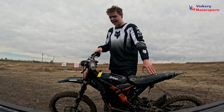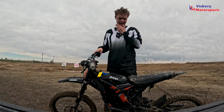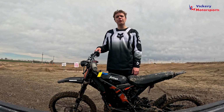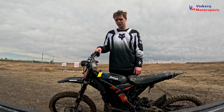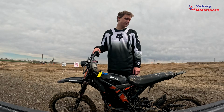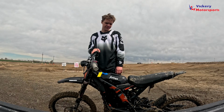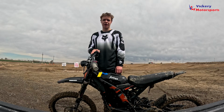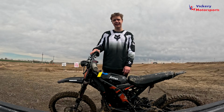Alright, so what are my next impressions of this bike? Well, it's a different riding style for sure, and that I don't really love, but it's something realistically you could get used to if you're riding these bikes a lot. But it's faring well with the mud, it's faring well on all the tracks, it's fun to send, it's light enough, it's agile,